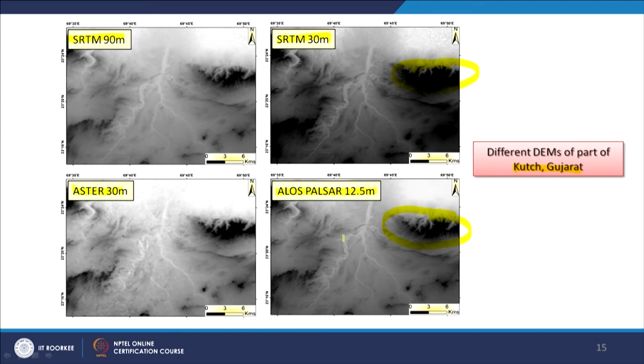So I would repeat that if there is a requirement, then only one should go for higher and higher spatial resolution, either for satellite images or for digital elevation models. If your requirement can be fulfilled with relatively medium range spatial resolution like 30 meter, then one should resort to 30 meter, because in case of 30 meter, various choices are available. But as you go higher and higher, the cost may come. Otherwise, 30 meter spatial resolution DEMs are available free of cost, you just have to download from different sites.